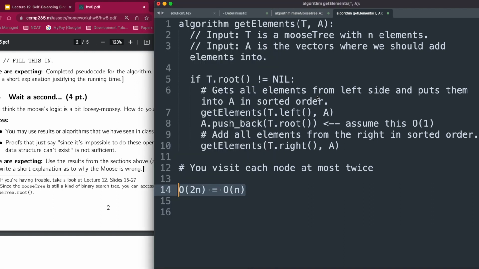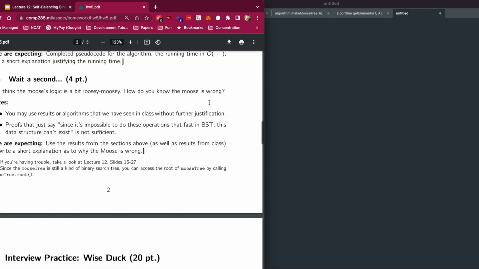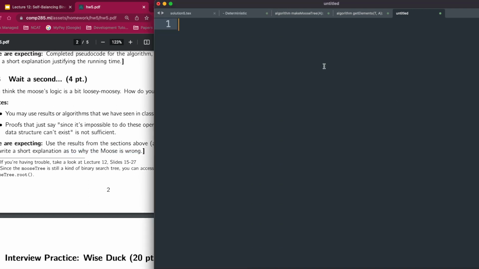Then we get to question 1.3, which is basically, you think the moose's logic is a little bit loosey-goosey. How do you know that the moose is wrong? Essentially, here we're just expecting an argument to use your results from the sections above to write a short explanation as to why the moose is wrong, which basically is like, why is this data structure